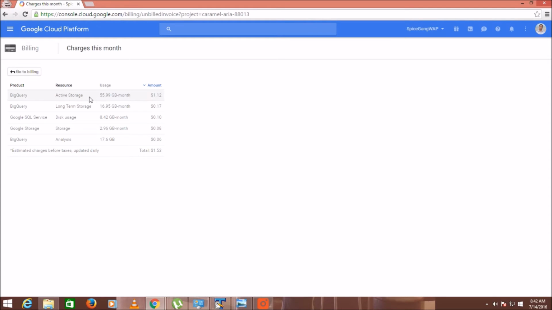For 55 GB they charged $1.12, and for the long-term storage it is only 17 cents. So I'm using BigQuery. I have uploaded more than 10 GB of data on this Google BigQuery, but still the total charges of this month are less than $2. So it is very affordable.